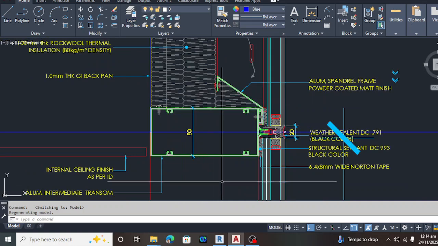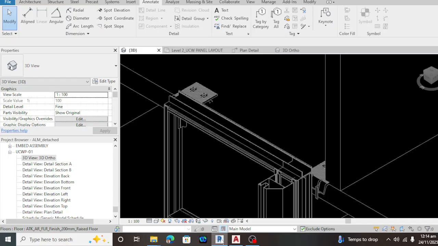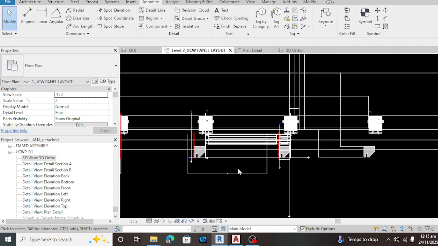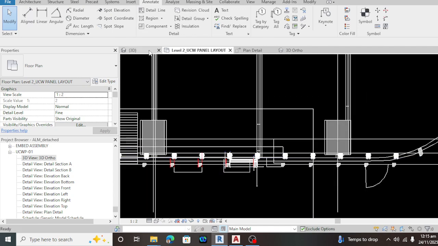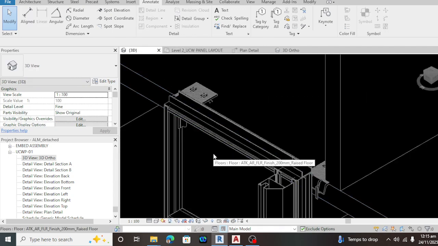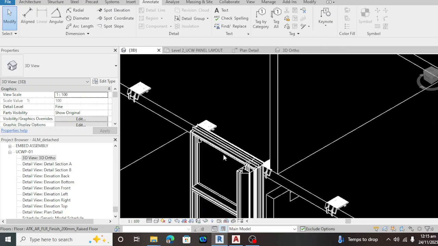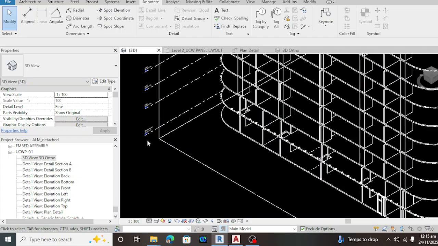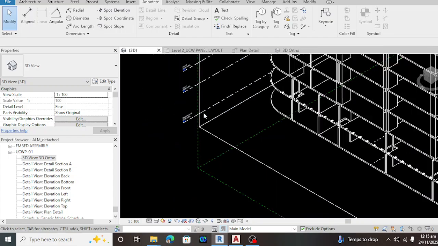Guys, the last time I laid out the embeds, when we go to the level 2 of this building. By the way, this is the building, guys. Let me show you. This is the building. It has a mezzanine.